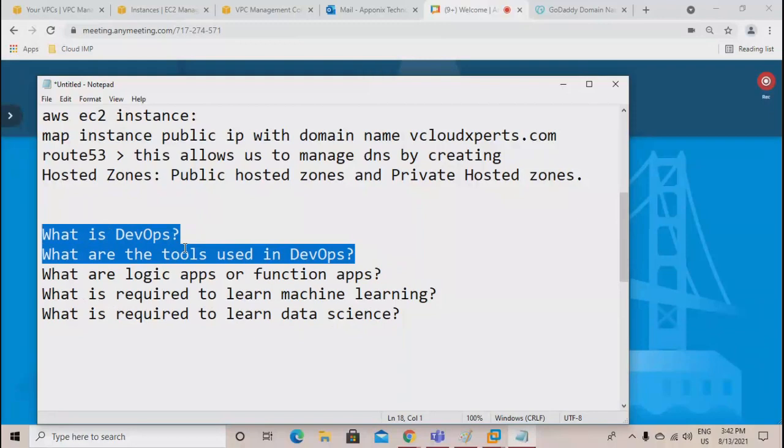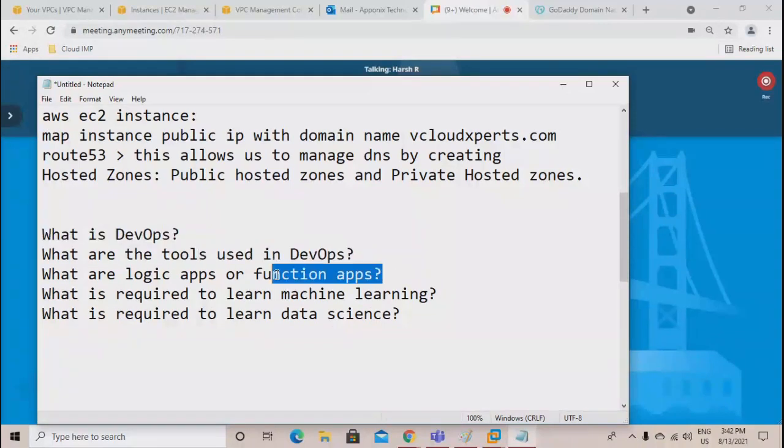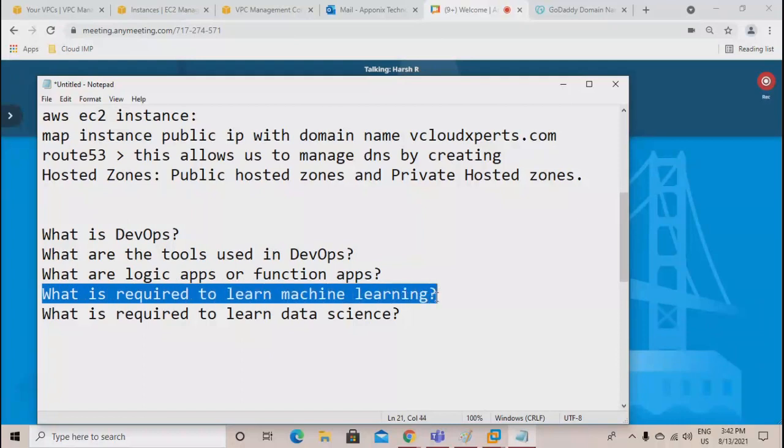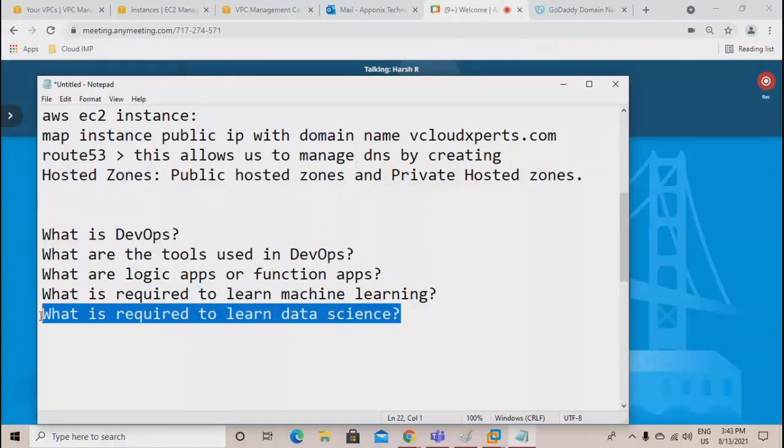That what is DevOps? What are the tools used in DevOps? Similarly, if I don't know anything about logic apps or function apps, then you should be able to explain what is logic apps, what is function apps. Then if I just want to plan, okay, I want to learn machine learning, then what I need to know, what are the prerequisites? What are the tools I can learn? Similarly, what is data science?